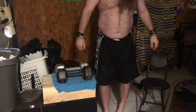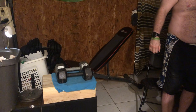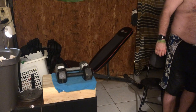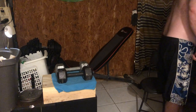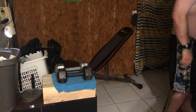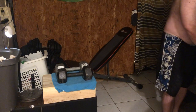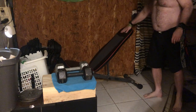Okay, let's see what we got here. Tricep medley. Really only 2 or 3 exercises left. You got your incline curls, and we're set up for that weight-wise. Cool. Also, for the second set of the incline curls, I plan on using a set of weights I haven't used in a couple weeks. Got to give those things a little bit of care and love. They love to help me out, so you know, your equipment,